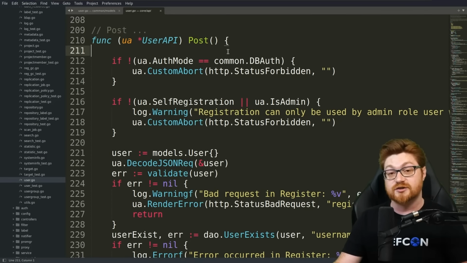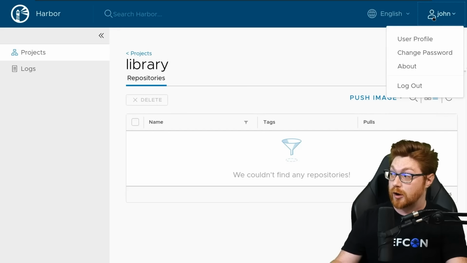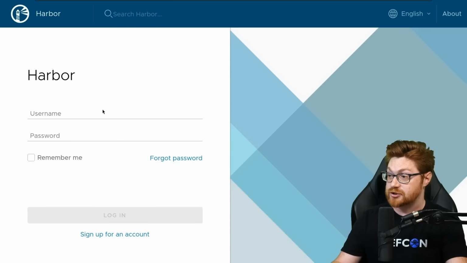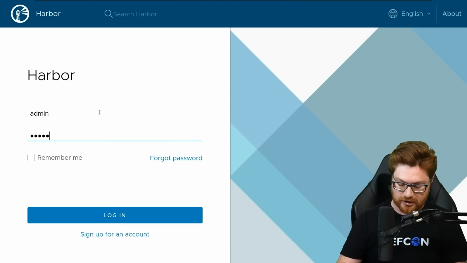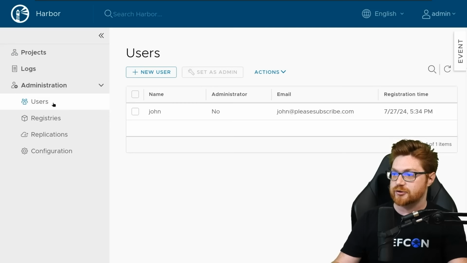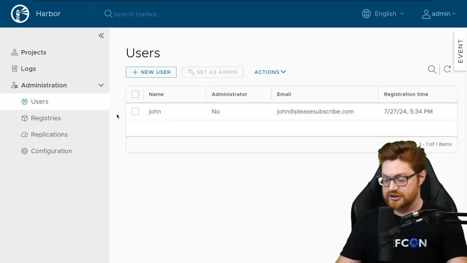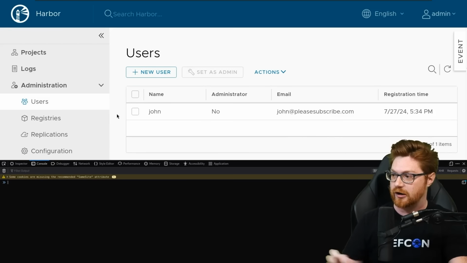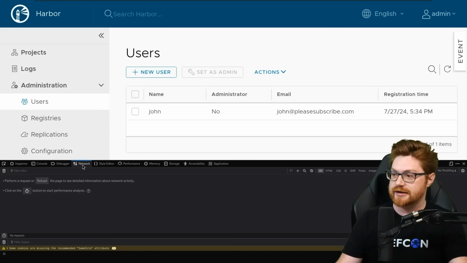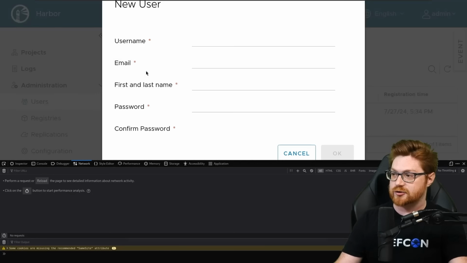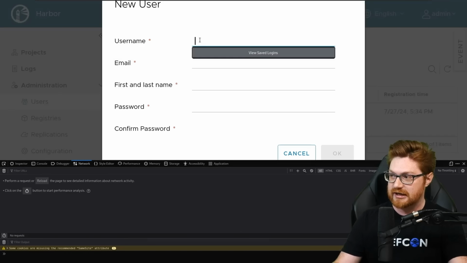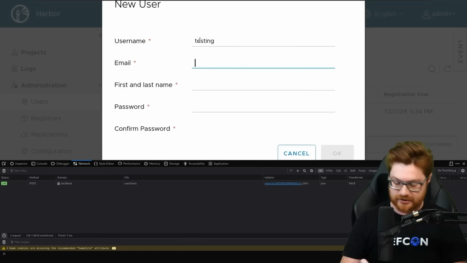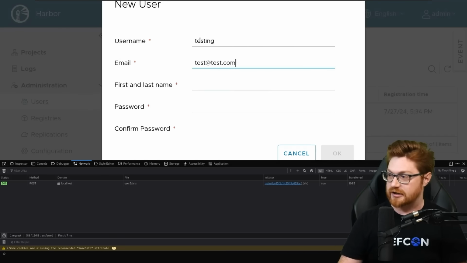In fact, we could experiment with that the way that we did with the web application. If I bounce back to Harbor and log out of that John user that I was in, let me get back to our admin user. Over in the user section for administration, I'll open up the developer tools, the network tab within our web browser, that's F12 on my keyboard. Let me toggle to the network tab here, and I'll click the create new user dialog box. Let's create just a testing user that can have the email test@test.com,